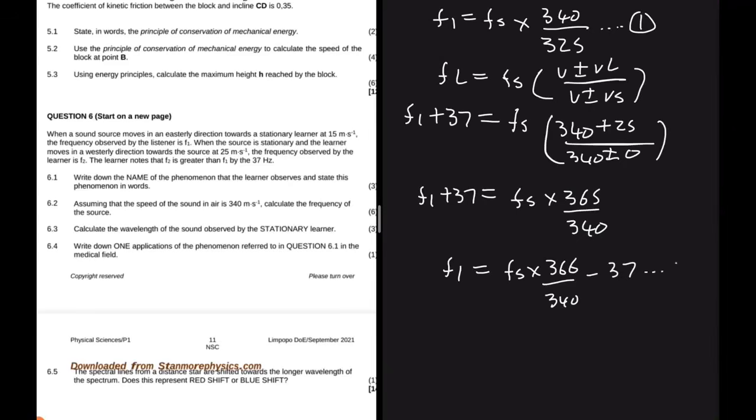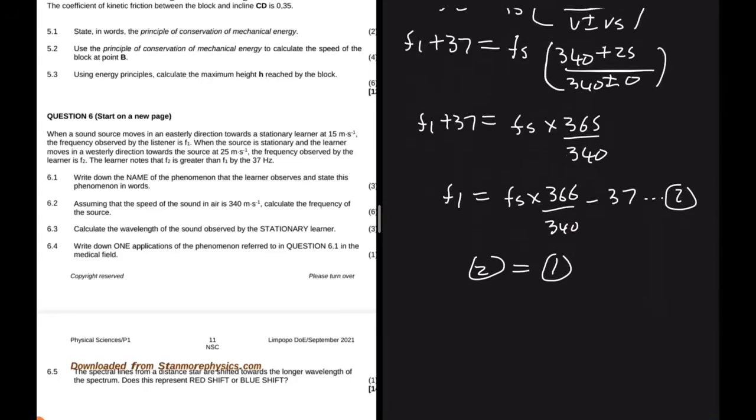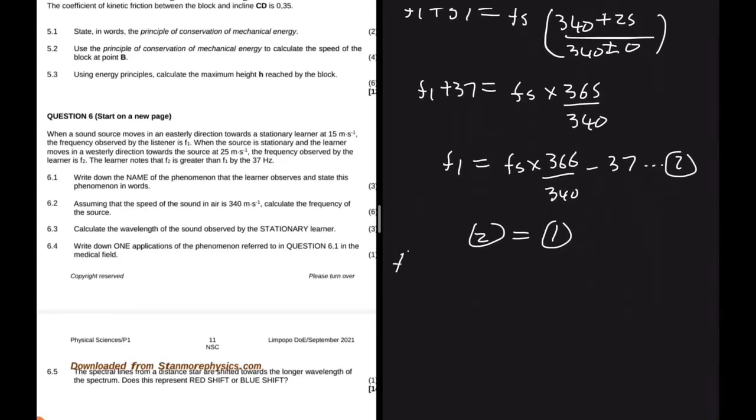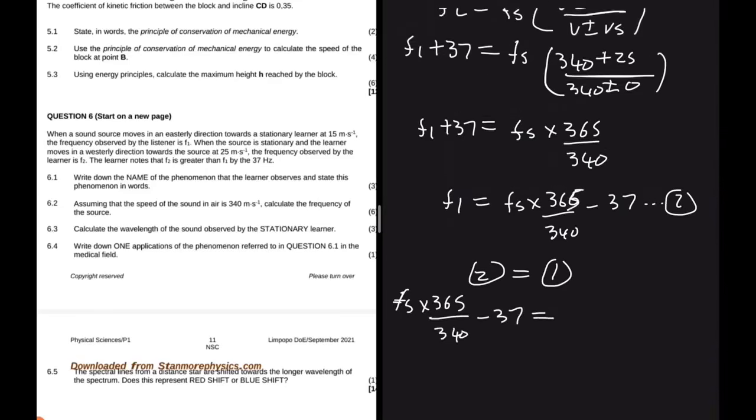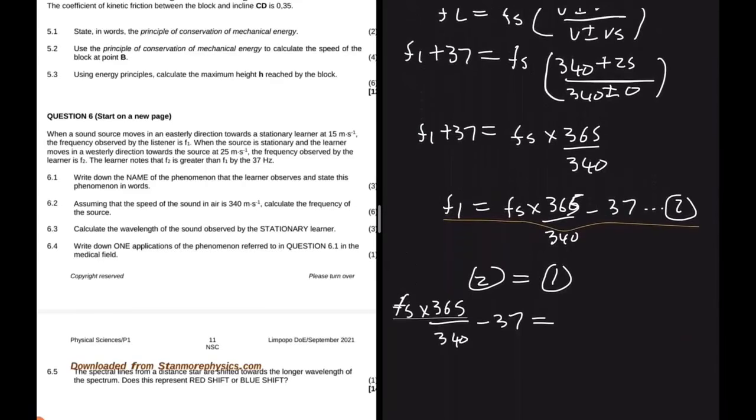And then we can call this equation 2. So I want you to realize something. If we say equation 2 equals equation 1, then we can solve for Fs, right? Which is what we want. And then equation 2 equals equation 1 because they are all giving us F1, right? So equation 2 is Fs multiplied by 365 divided by 340 minus 37, and it's supposed to equal equation 1, which is Fs